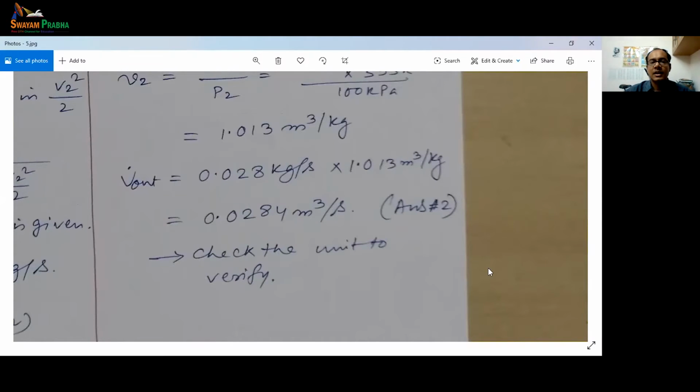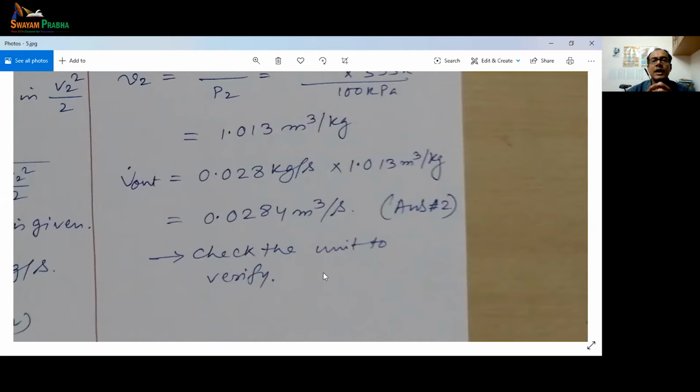And this is the second answer we are after. Okay, so here always you check for the unit. Earlier also, in earlier tutorials, I told you that please write the units in full form and try to write it in a consistent system. Like the SI system is the most standard one that we use everywhere. So whenever you are writing an equation, write the units also in the SI system.